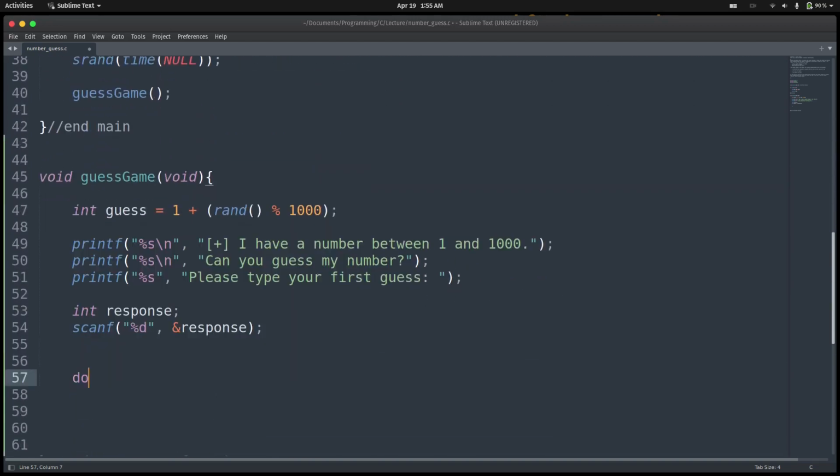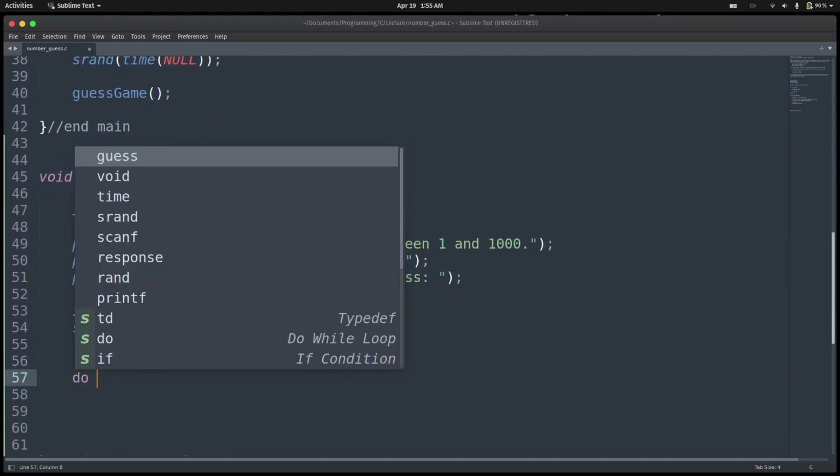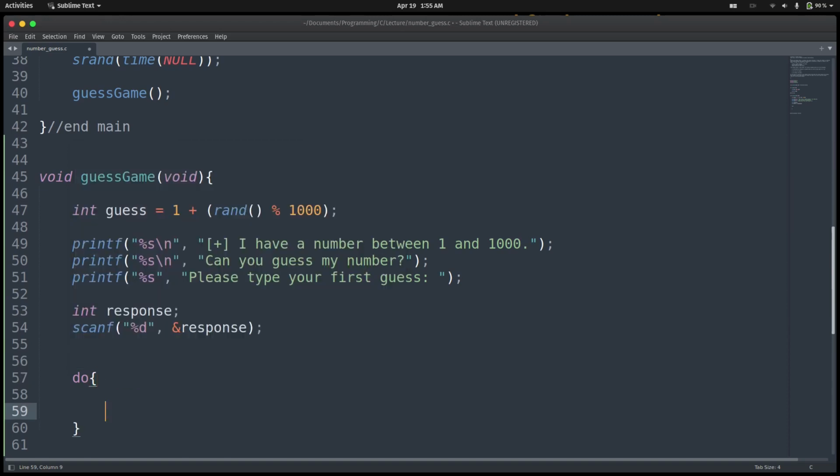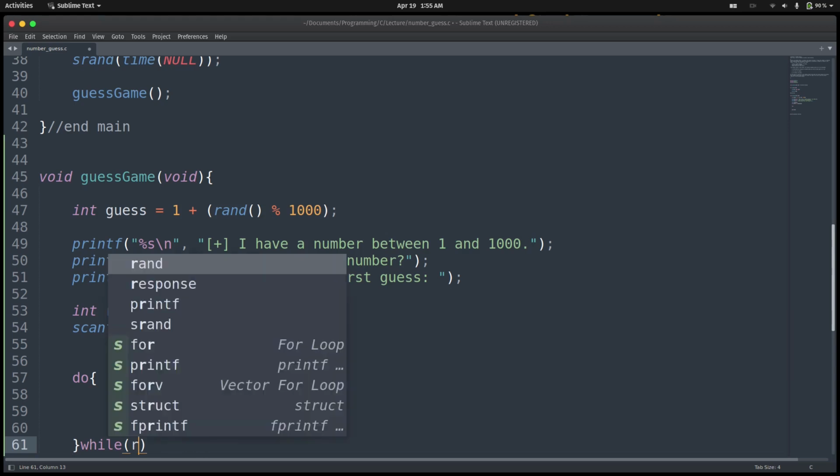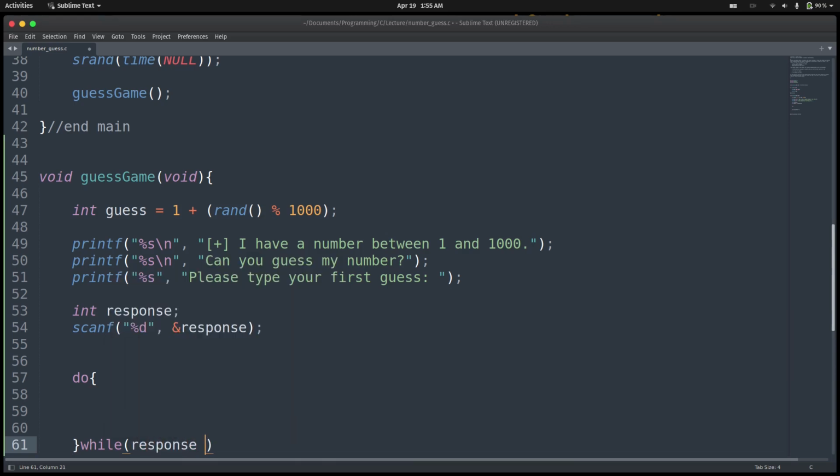So we have do, and then we have the while with the condition. So while the response that the user is going to enter, while that particular response